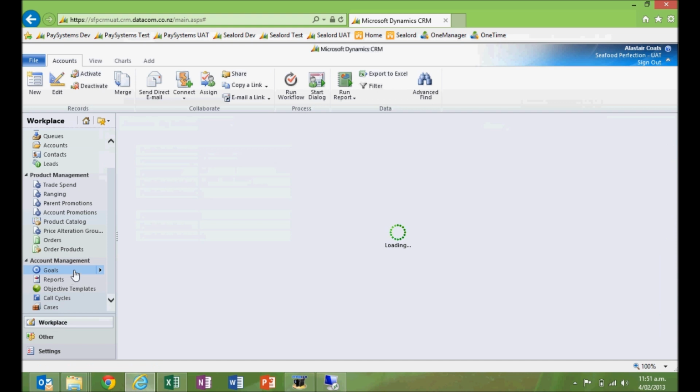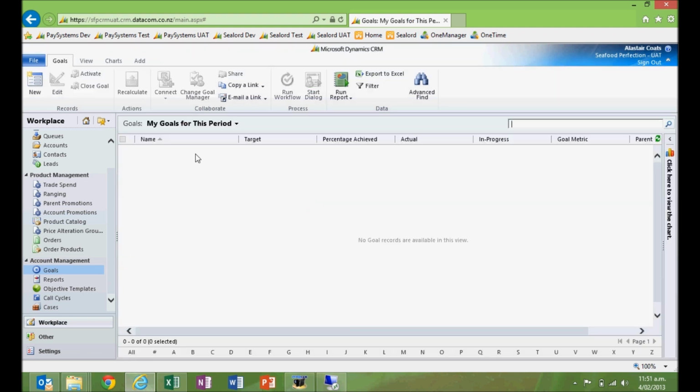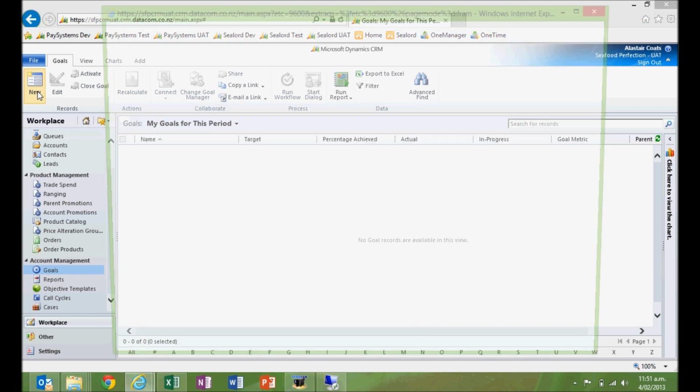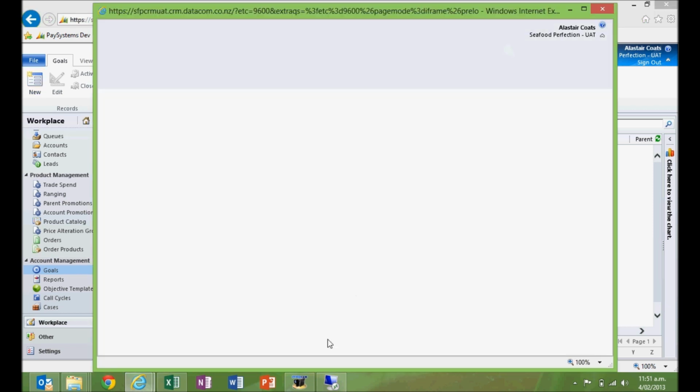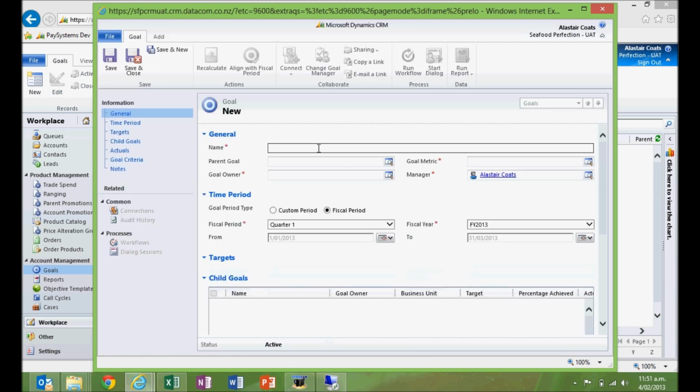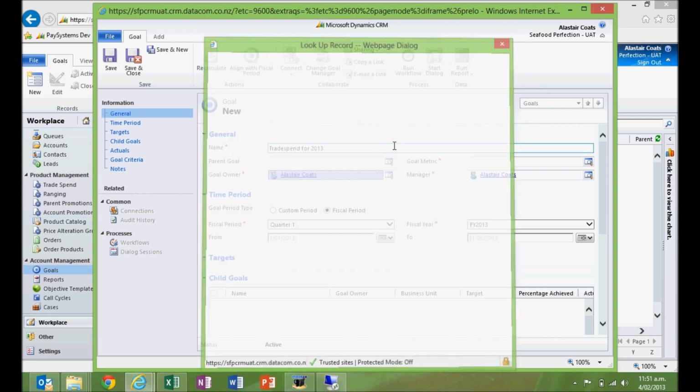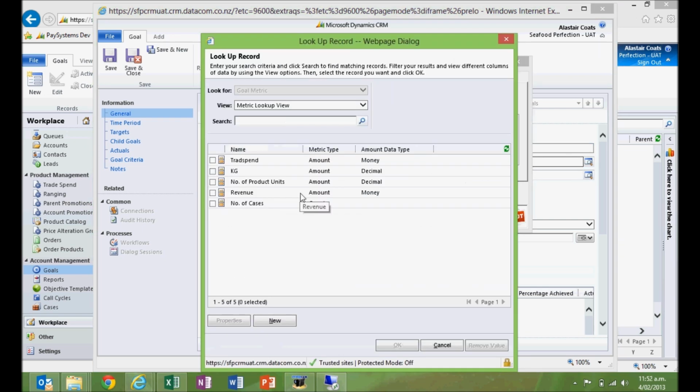You can actually see your trade spend cost by creating a goal for it, and this is the inbuilt targets module inside CRM. So I'll create a goal for this so I can see how much trade spend I'm actually going to make. So click new goal and say this is my trade spend for 2013, and I'm going to put myself as the goal owner. Use the goal metric, which in this case is called trade spend,